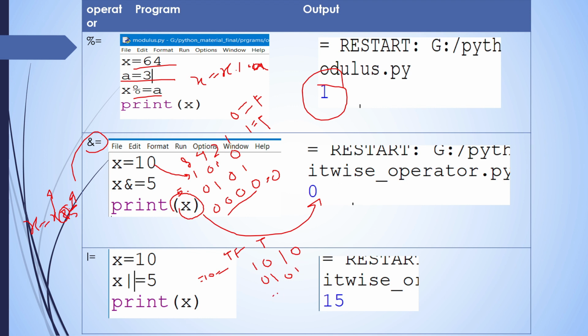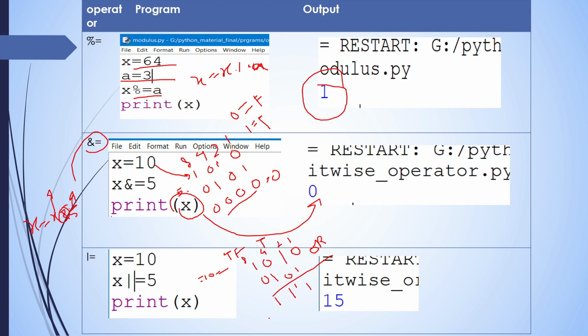Now the condition of OR is that if one condition is true, then it becomes true. So 0 and 1 means this becomes 1, this also becomes 1, this also becomes 1, this also becomes 1. Now convert it. How do we convert it? 1 2 4 8.